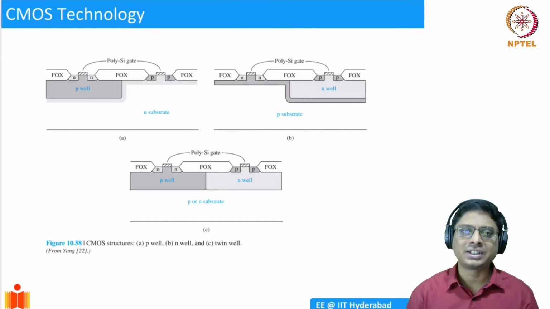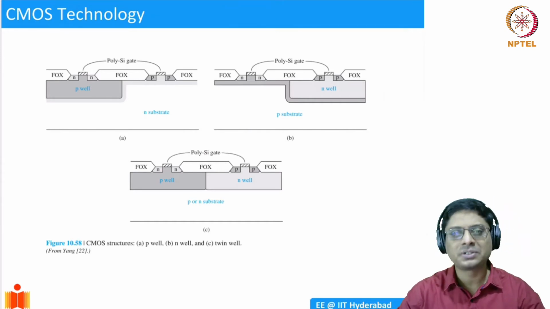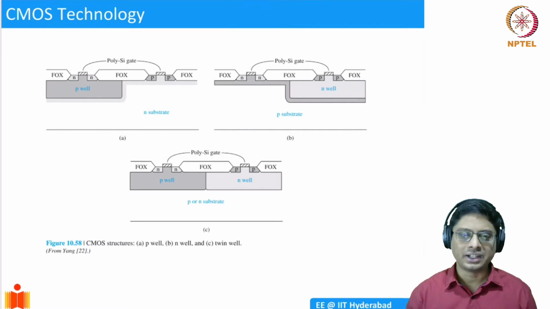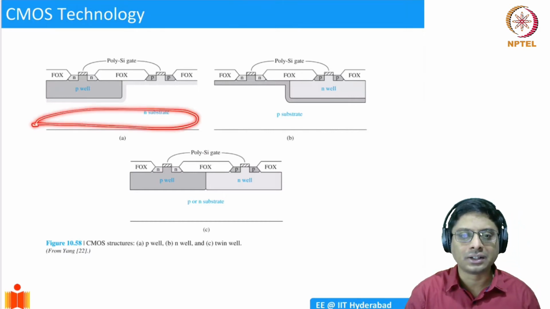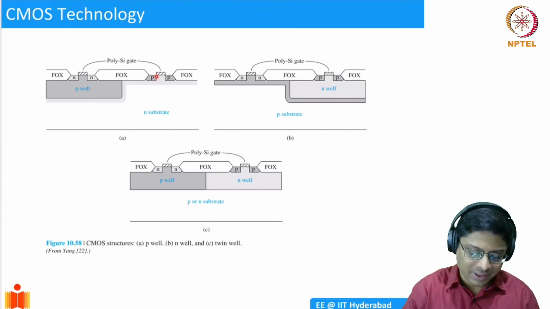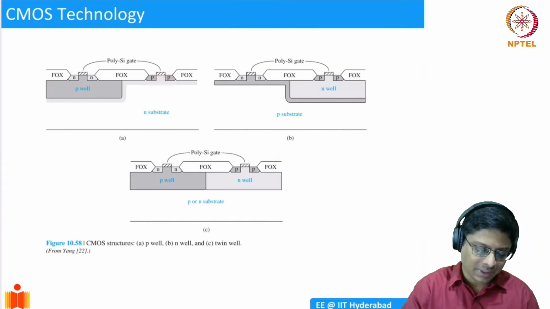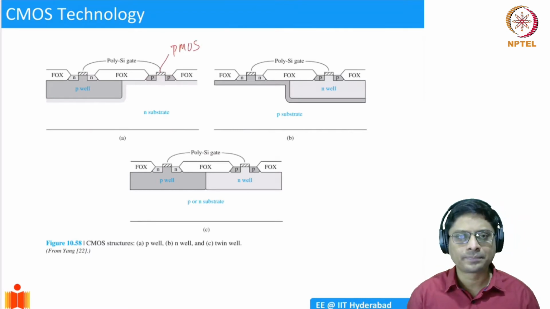To do that, it turns out that we have to create a separate region which we call a well region. Let's say your substrate doping is 10 power 15, and if I create a well of, let's say, 10 power 16 doping of acceptors in this case, then we'll have a P-type well. That is what is schematically shown here. So we have taken a substrate which is N-type, and then I can quickly make source-drain diffusions of P, and this is a PMOS device. This is fairly simple, straightforward.